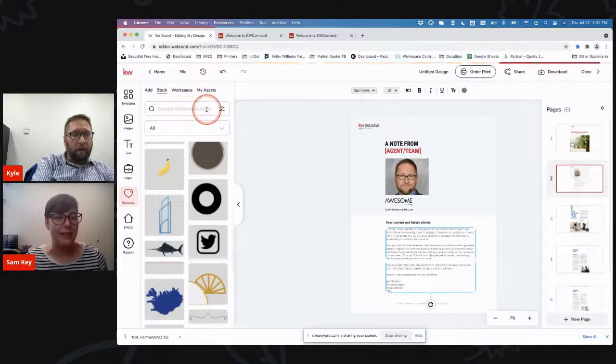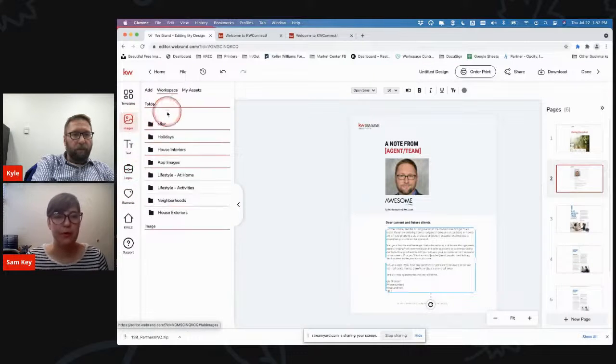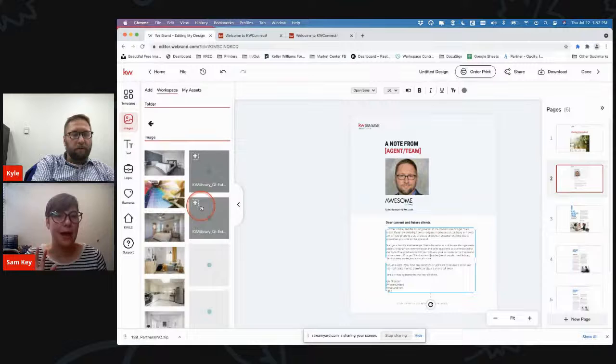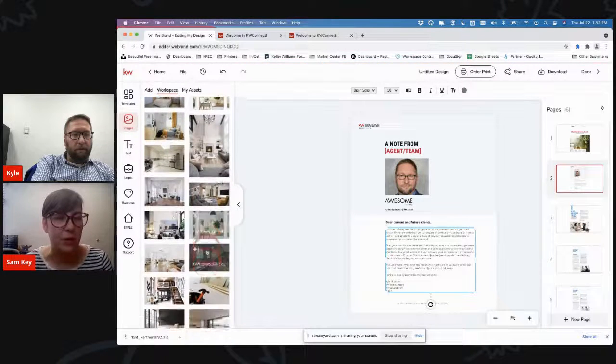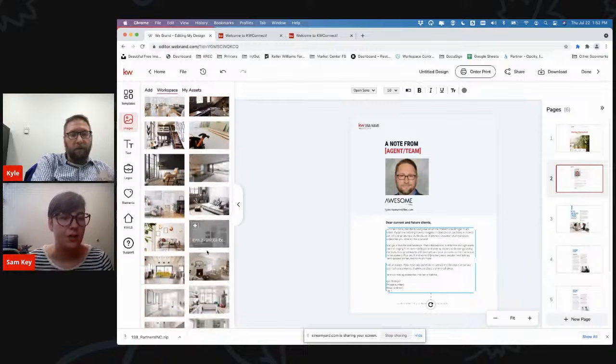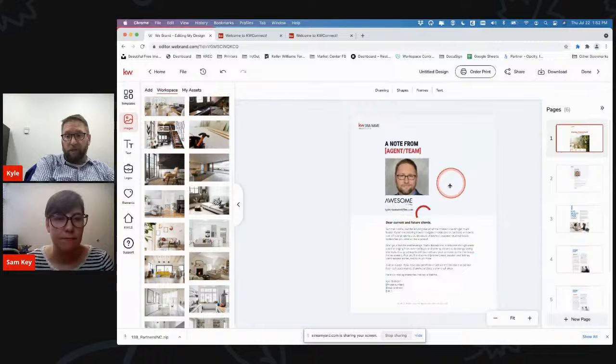There are also houses in there. So if you're trying to promote a neighborhood and you don't necessarily want to put that house on there, they have some outdoor and indoor shots that you can use for other marketing materials, which is nice. Yep. So you don't even have to have a listing. If you don't really like this picture of the outside,